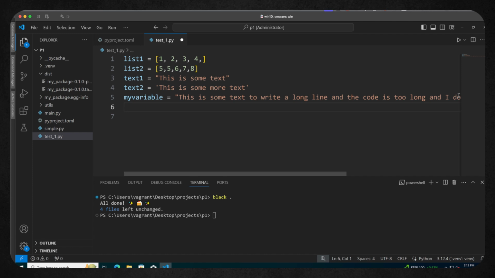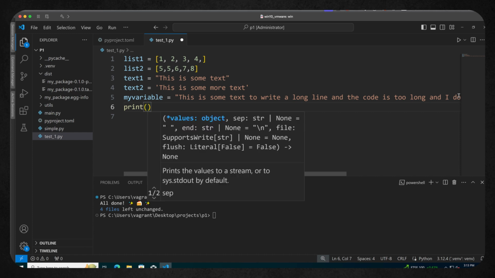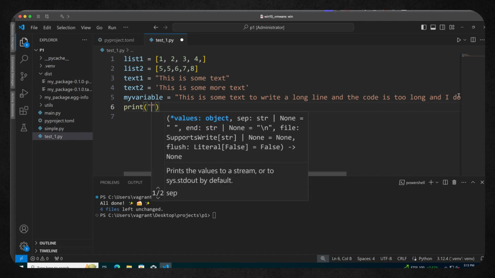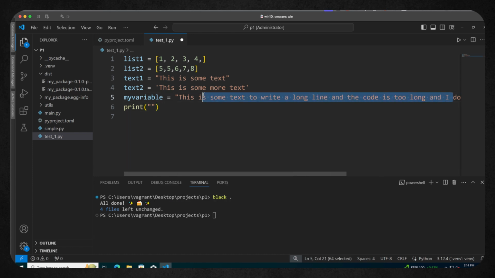But the problem is with this code, there's little it can actually do to try and make it a little bit shorter. It's a single line of text, so it doesn't know where to break it. And it can't really put my variable and the equals on separate lines. Whereas if we put print, and then go into our print statement and print some text, and let's add in some lines of code from this.